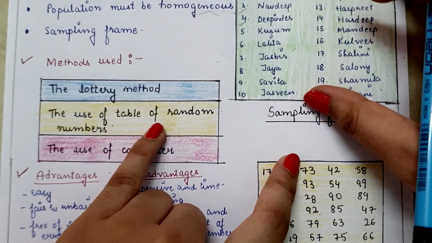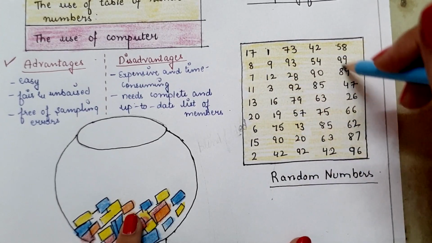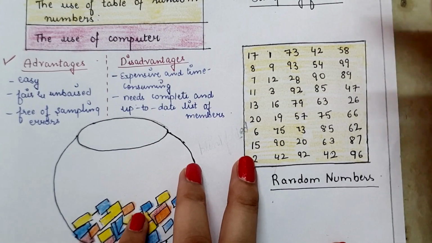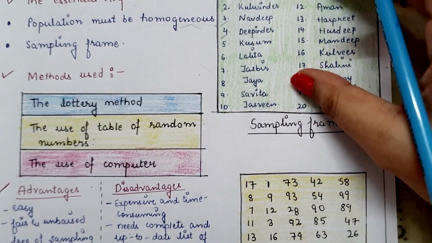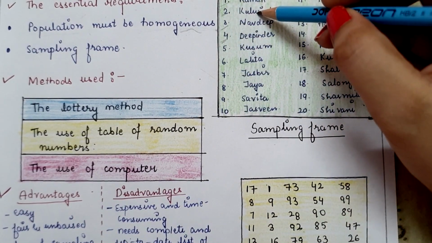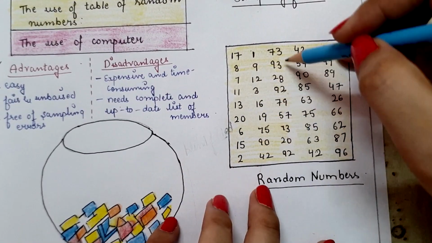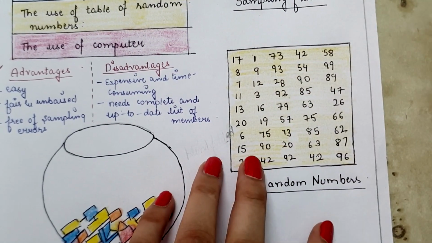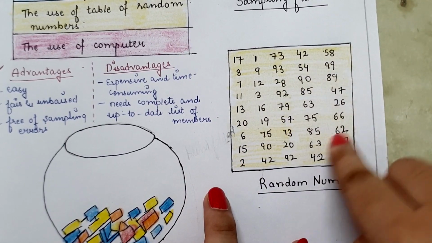Second one is the use of table of random numbers. So this is a random numbers table, again used blindfolded. Again in this, first of all the researcher has the sampling frame. Then the particular number which is allotted to the particular member of the population is written here in the random numbers table. And then the researcher has to tie a piece of cloth over the eyes so as to cover them and pick the numbers one by one.